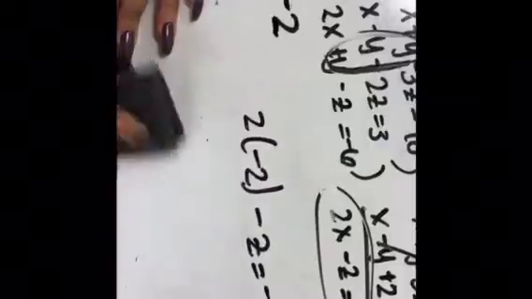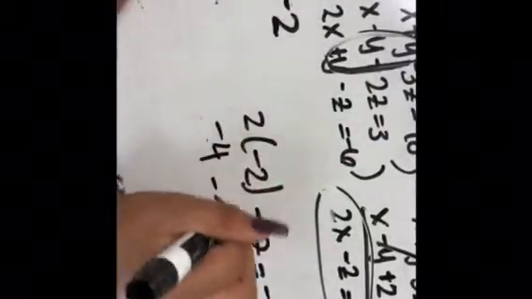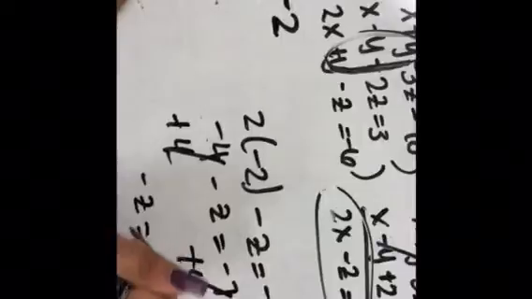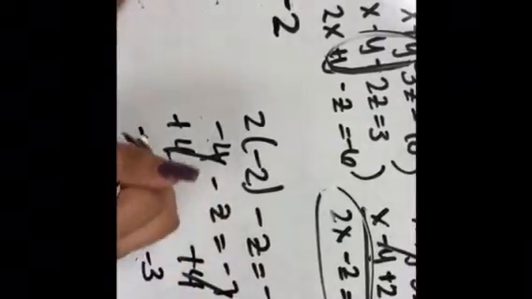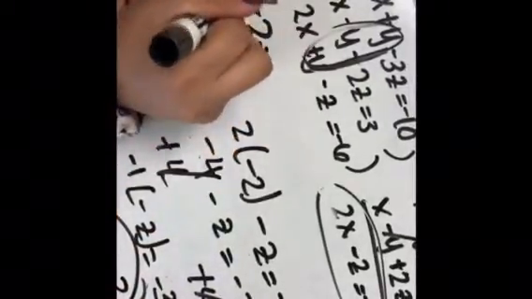Let's just rewrite this. Okay, so then we would be left with negative 4 minus z equals negative 7, and we would add 4 on both sides. So we would have negative z equals negative 3, but we can't have a negative on this side, so we would multiply by negative 1, and we would get positive 3. So now we have two variables. Oh, shoot. Okay, so we can